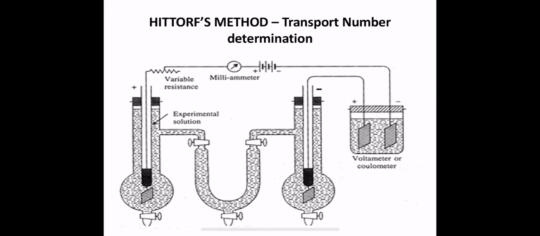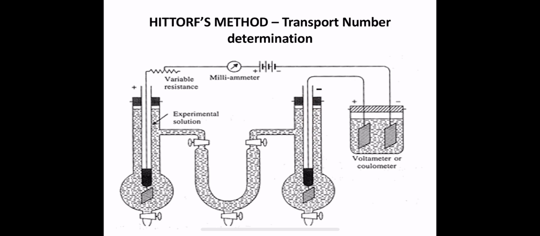Into the outer compartments, platinum wires are dipped. This is what is called a platinum wire. Here you can see, to both outer compartments or outer tubes we have dipped the platinum wires, or silver electrodes can also be used if the electrodes are attackable. So we are going to use silver electrodes. Okay, now we'll see how the experiment will go on.